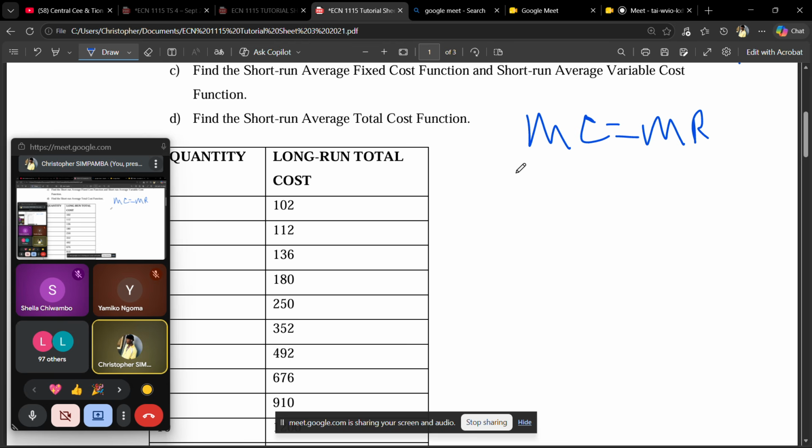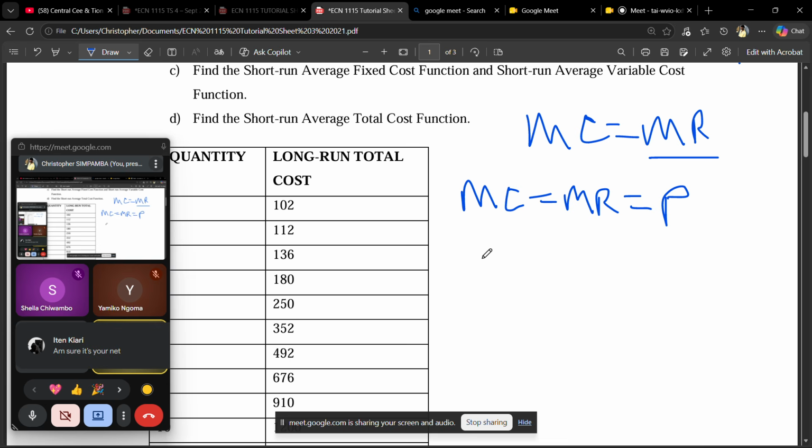A firm is going to set its output at the point where marginal cost is equal to marginal revenue. But in perfect competition, marginal revenue is the same thing as price, so the firm will choose its output at the point where marginal cost is equal to marginal revenue, which is also equal to price. So this is the condition that is